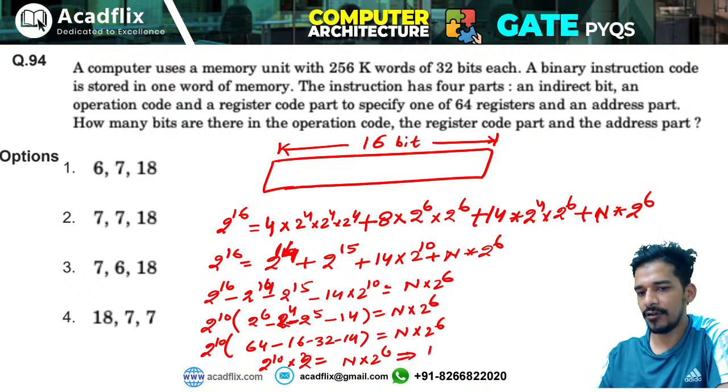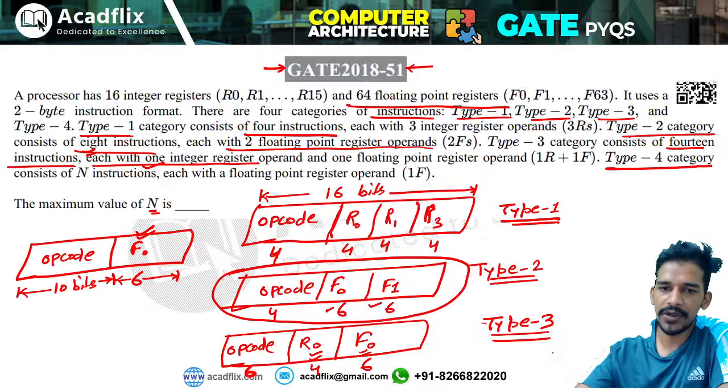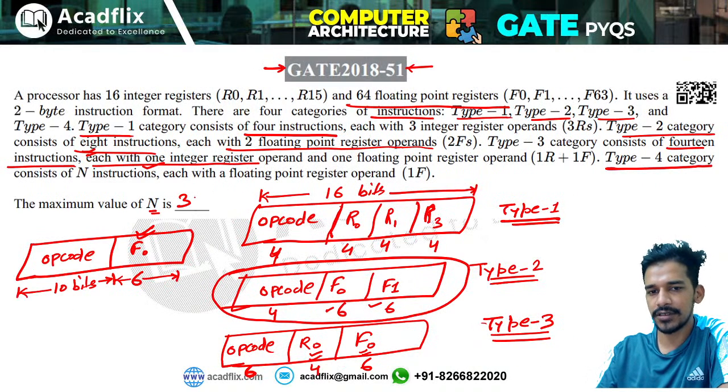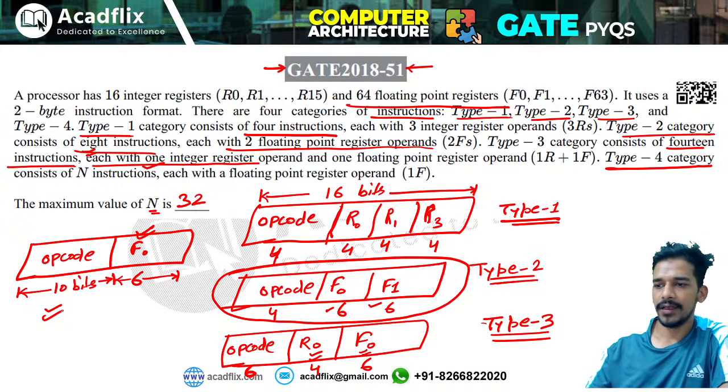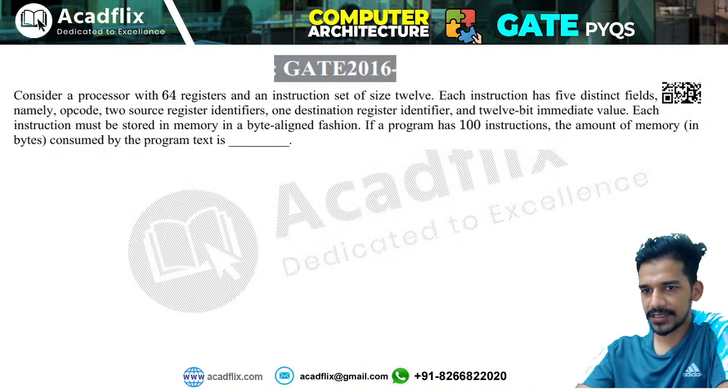So from here the value of n will become 2 to the power 11 divided by 2 to the power 6, okay, that will come out to be 2 to the power 5, that is equal to 32. So there will be a total of 32 instructions of this format, right? So let's see, can we apply this